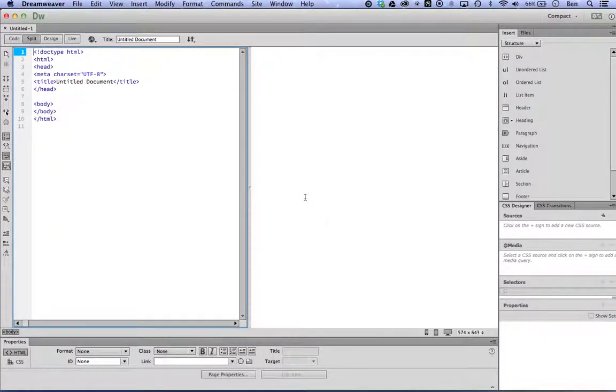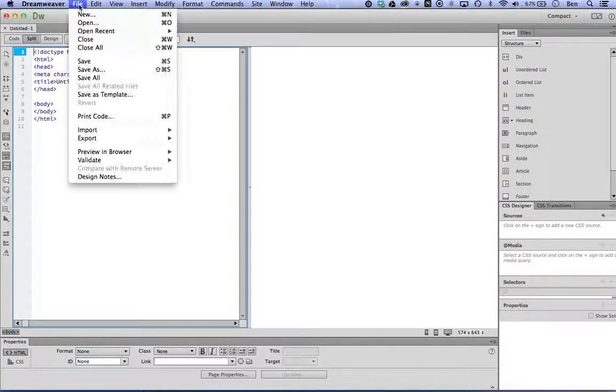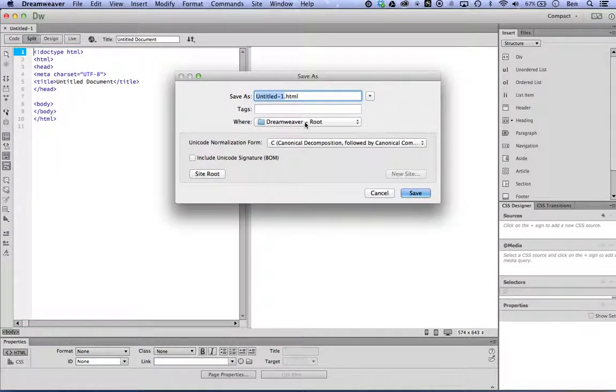So in the last video, I showed you a little bit about Dreamweaver and showed you how to save a root folder. Now in this video, I'm going to show you how to save and then start to build our HTML web page. So first, I want to go ahead and save my page. Go ahead, File, Save As,